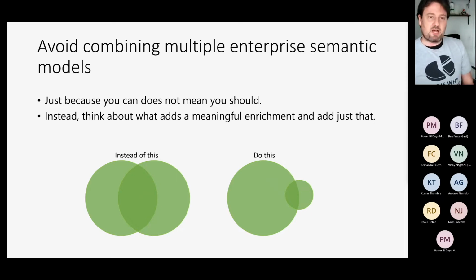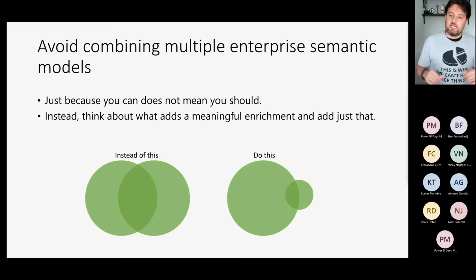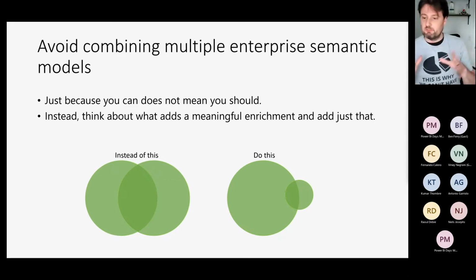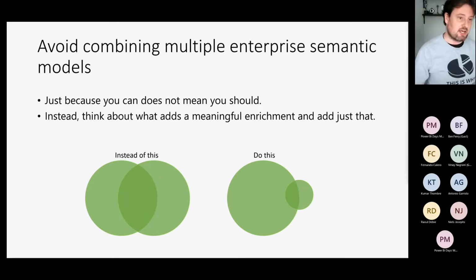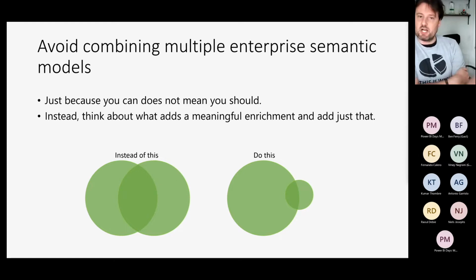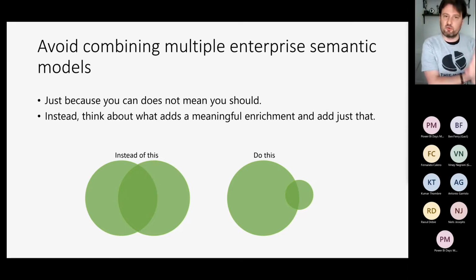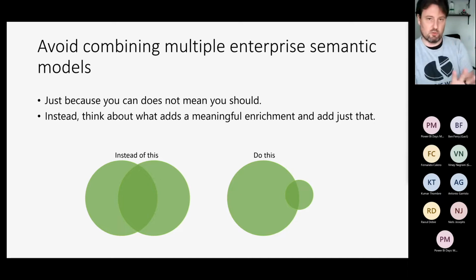Because when you create a link between two data sets, be it small or big, like two enterprise semantic models or an enterprise semantic model and a smaller data set, you will get what we call a cross-source group relationship. If you don't know what a source group is, I'll explain. Any direct query source, all of the tables from that source form one source group. So if you have two direct query sources, you will have two source groups. If you have one table from each source, you will still have two source groups.